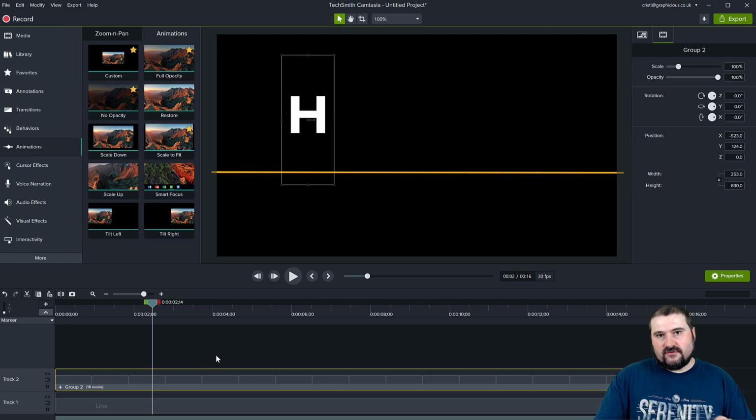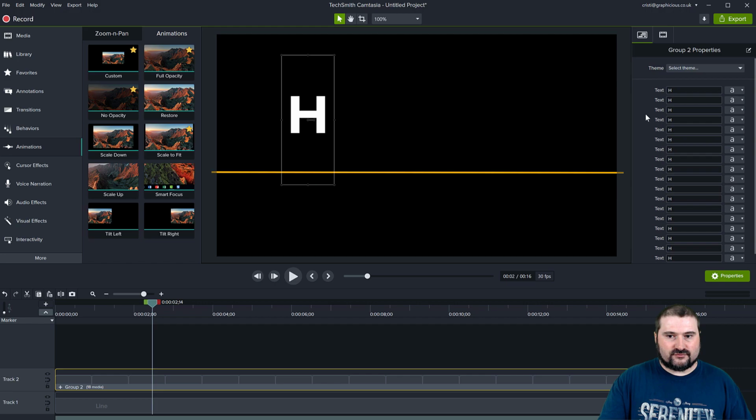One thing before we move on, so this is trick number 2 or 3. I don't know how many tricks I've shown you so far, but one trick is this. In Camtasia 2021, you have the ability to create customizable fields and properties with quick properties. I have selected my group, and this only applies if you have a group. If you have an annotation inside of a group, you now have, look at the top right here, quick properties. My group is selected, click on quick properties, and you can see the letter H appearing here